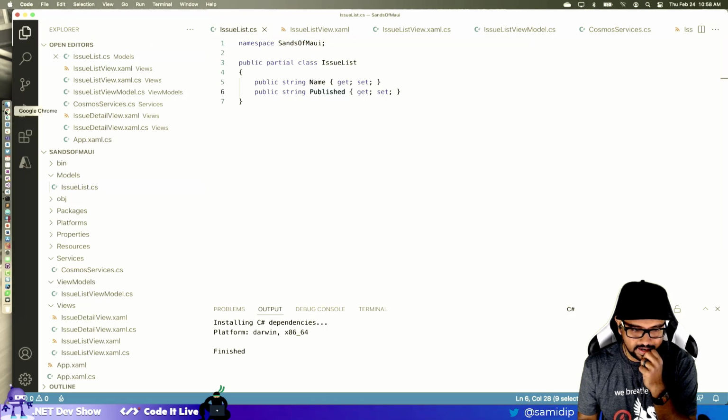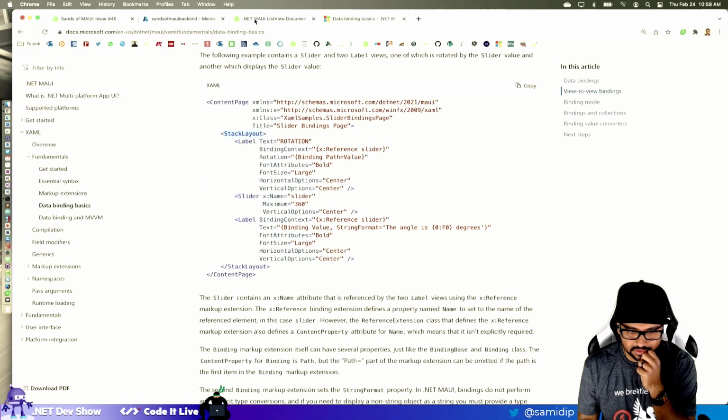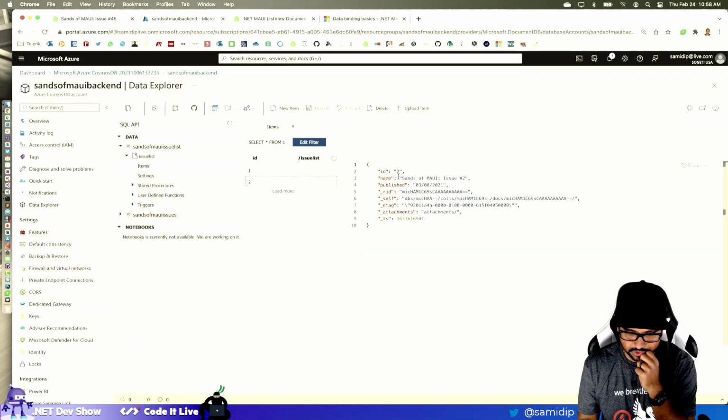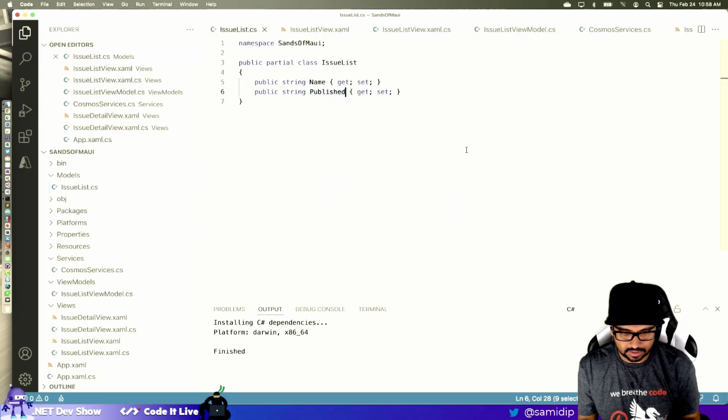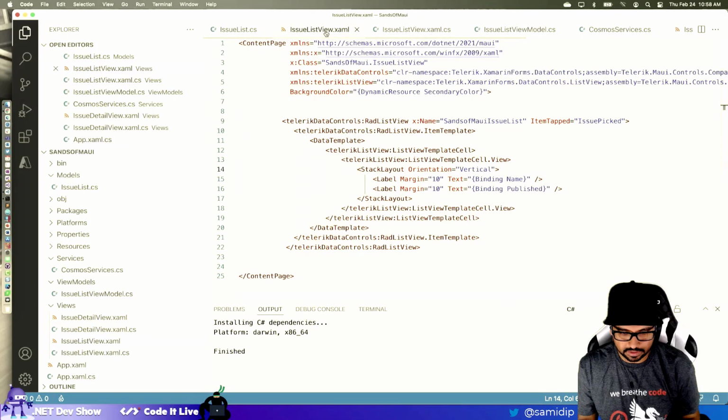Because the name and the publish, well, that's an internal method versus this is just called name and published. It should be getting it right, but for some reason it's not. So Sands of MAUI issue 1 is published on 3/1/2021, and then issue 2 is 3/8/2021. So I started back in March of last year. So for some reason it doesn't like my template.